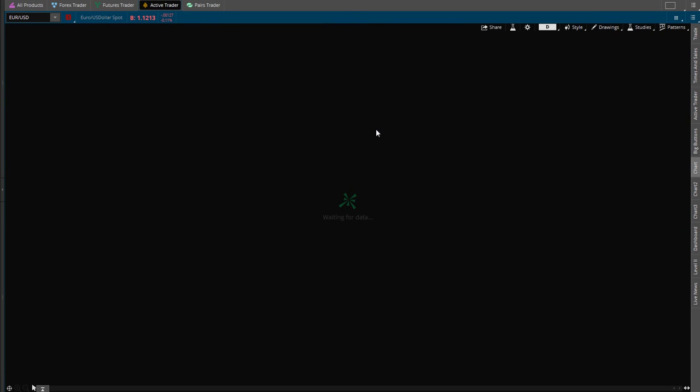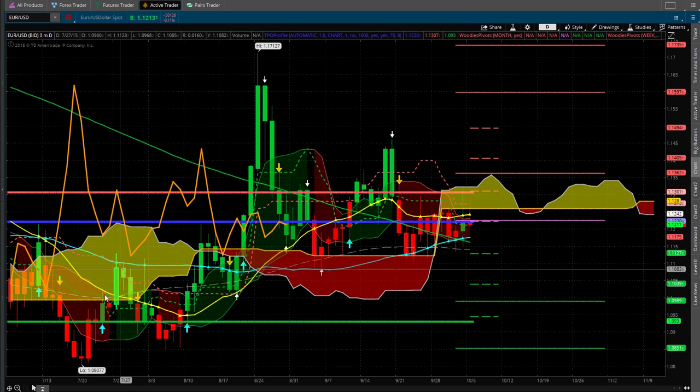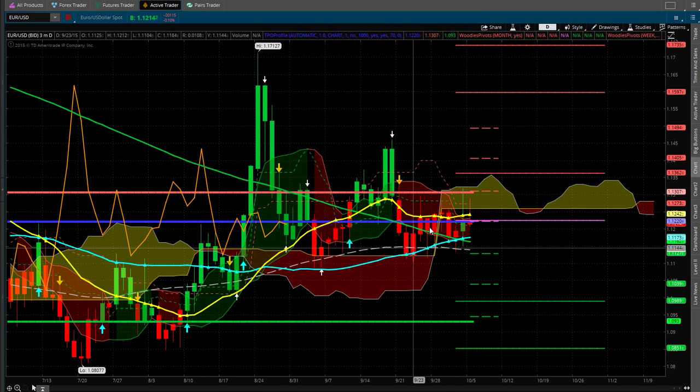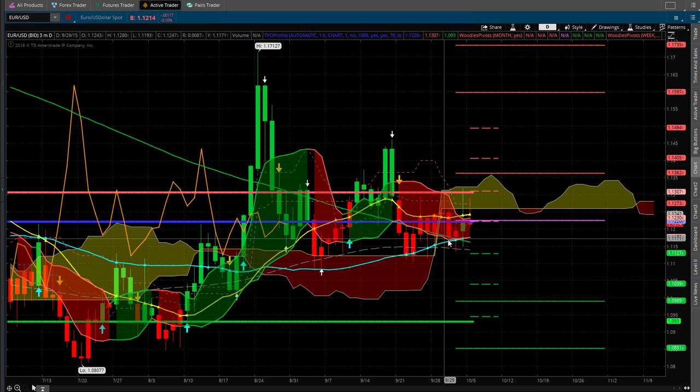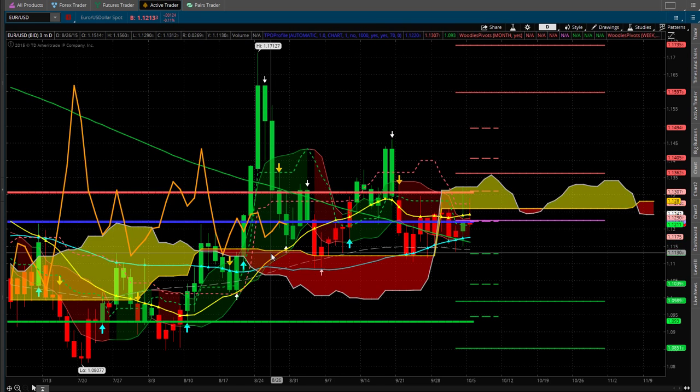If you look at the daily, you can just see that we've been in a chop fest. We've just been going sideways between the cloud, and now you're below it, below the 20, but above the 50, and it's just going in a sideways range. And you got the 200 now colliding in. You see this right here?